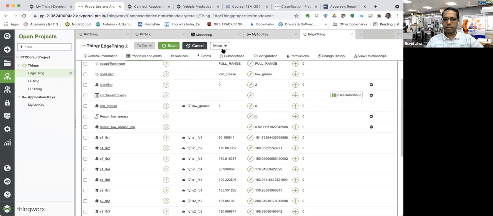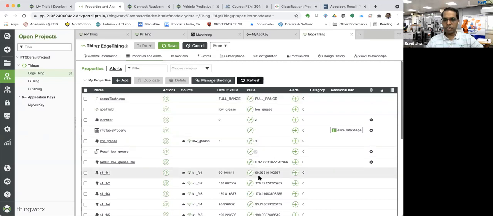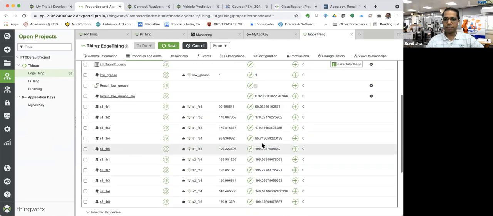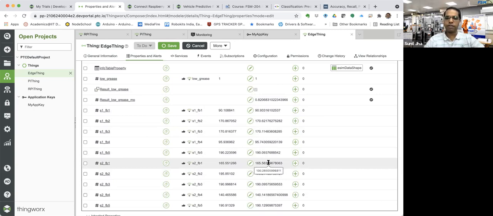For example, if I just refresh this, data should change. You can see that data changed over here. And this will also be sending a grease level in this case. Once you get all this data over here, it will keep on coming. This is also representing a machine for you. So you can have an Edge microserver on any machine or PLC, which will be sending data onto this. So this is just a preparation. We have still not started the analytics part.